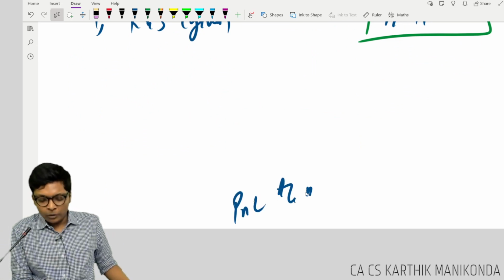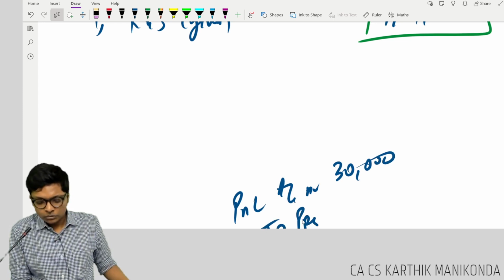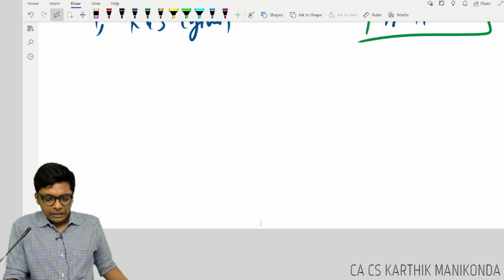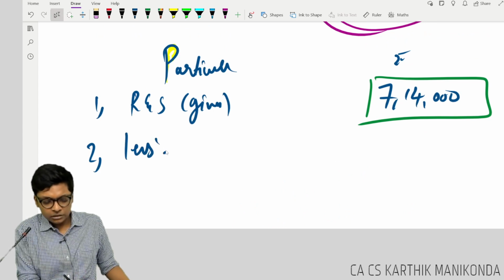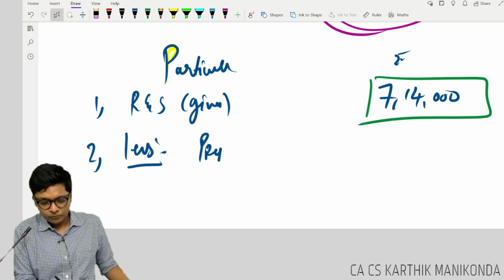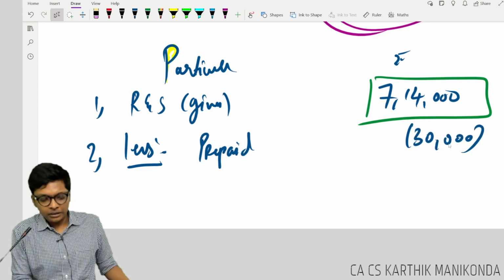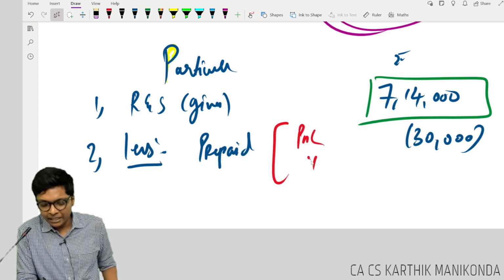P&L account debit. How much, guys? 30,000 to prepaid expense 30. So if I have to write it neatly over here, I will come to reserves. I will write 2 less prepaid. How much, guys? 30,000. Are you following, guys? My entry would have been P&L to